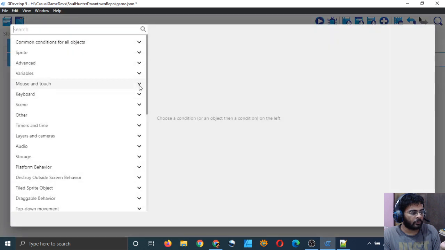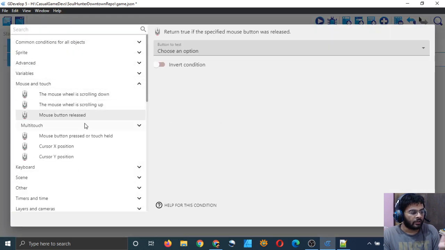And if the mouse button is released, the mouse button released function works in both touch screen devices as well as PC. So you don't have to again add a function for detecting touch, because the mouse button, especially the left mouse button, works like a touch when you are running this program on your touch device.